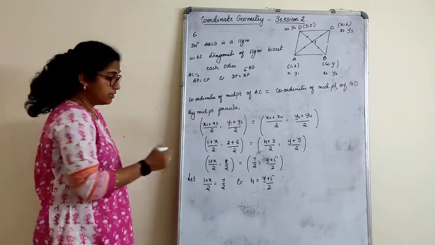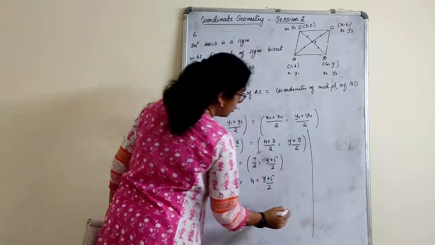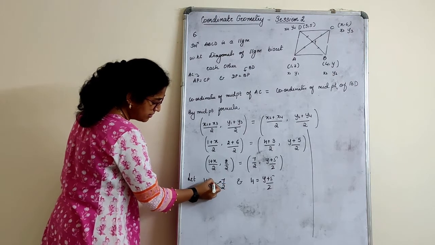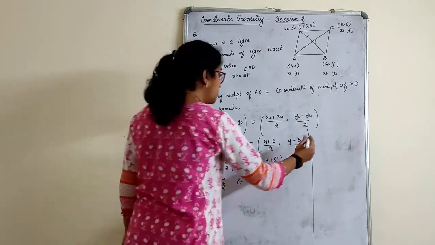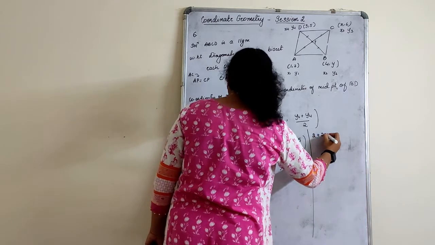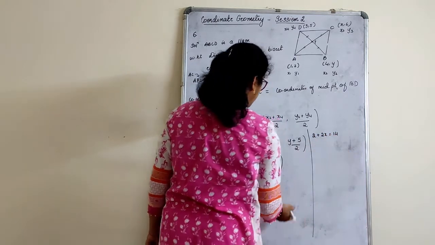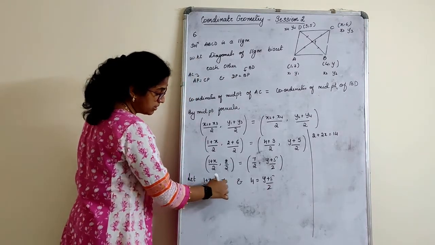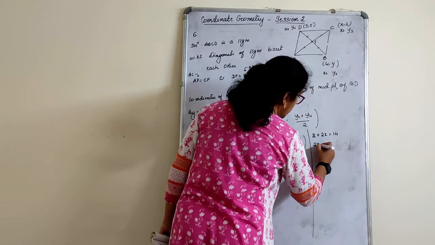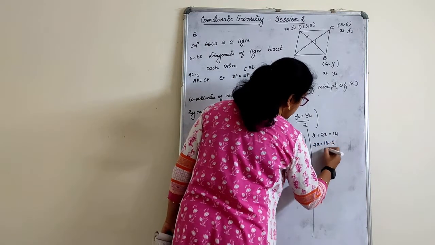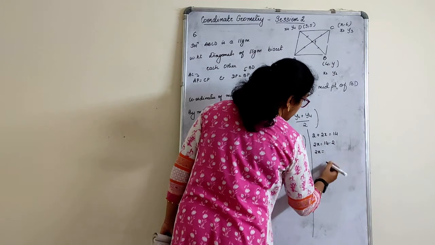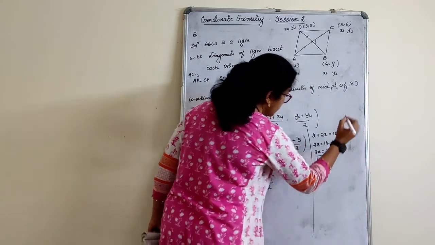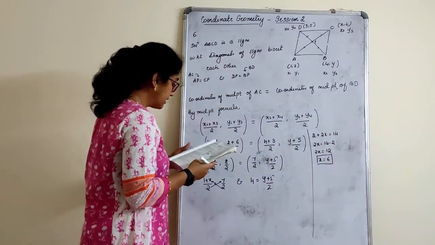Is this very clear? I'll do it here, children, because again if I do it down you cannot see. Just cross multiply with this. Right? So this is 2 plus 2x is equal to 14. 1 we will substitute. So 2 into 1 is 2. 2 into x is 2x. 7 2s are 14. 2x is equal to 14 minus 2. 2x is equal to 14 minus 2 is 12. x is equal to 6. Okay. x value we got it as 6.